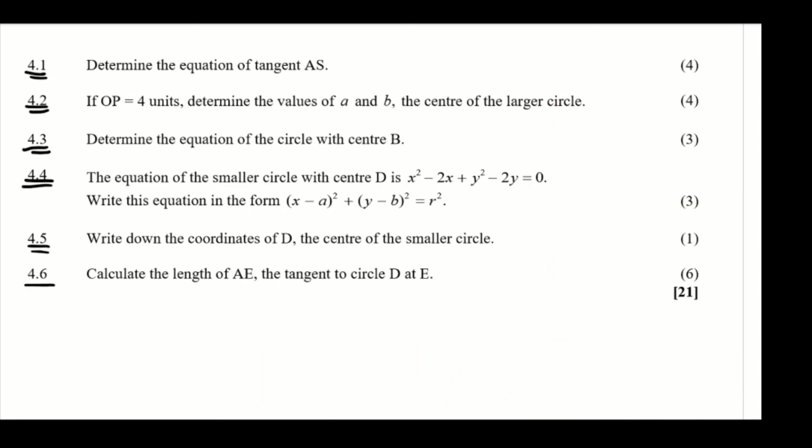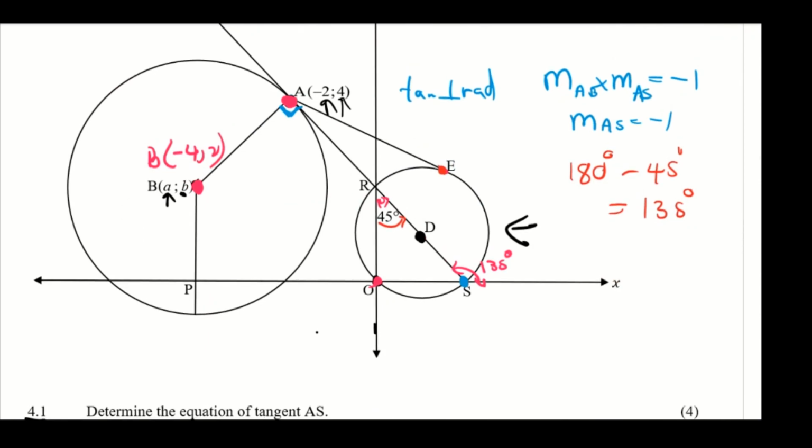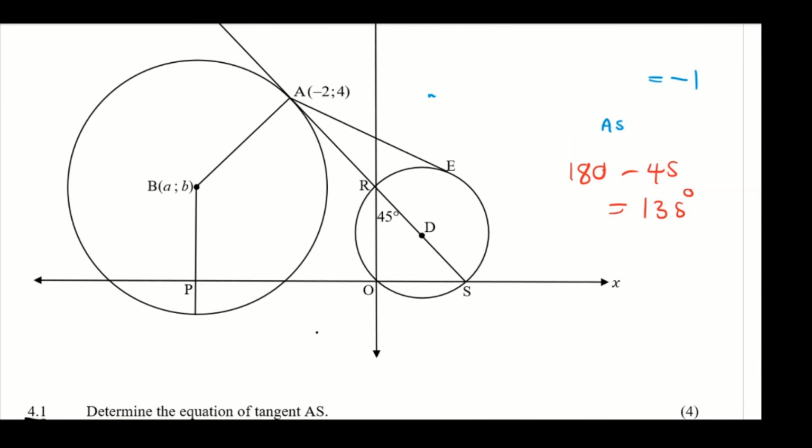Now 4.6, we are asked to calculate the length of AE, the tangent to circle D at E, right? So this needs us to go back to our diagram. Let me clear our diagram so that we are able to see clearly what's going on here. We are asked to find the length of AE, right? For us to find the length of AE,